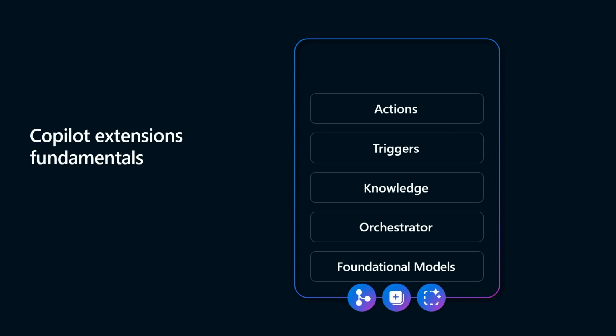But what we're seeing with AI platforms is this notion of triggers. And triggers is that concept of being able to proactively reach out to your user through that Copilot to do certain things based on events happening in other systems. You'd see this traditionally in things like how we use webhooks or change notifications in the Graph. But now we're bringing that triggers concept into how we use Microsoft 365 Copilot and other AI platforms.